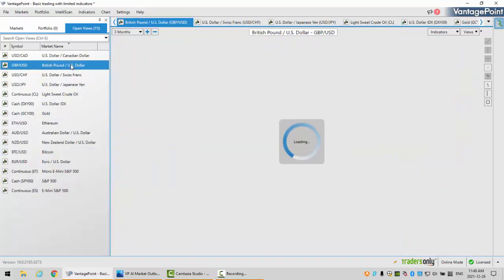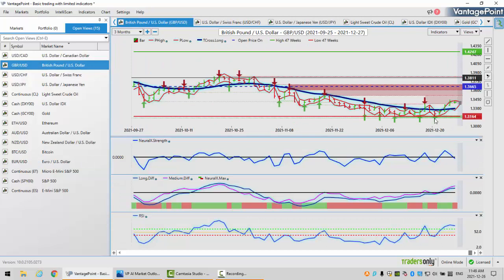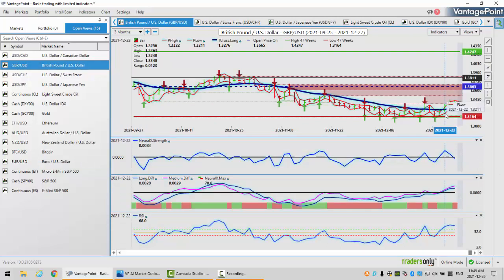When we look at the pound dollar, it's been on the move this week. We've had a nice clean break. This could be considered a leading indicator potentially for the euro US pair. So to trade the pound dollar next week, our T cross long is 132.93. We're holding above that level, but as you can see, this line up here, our point in time, is set at the yearly opening price.